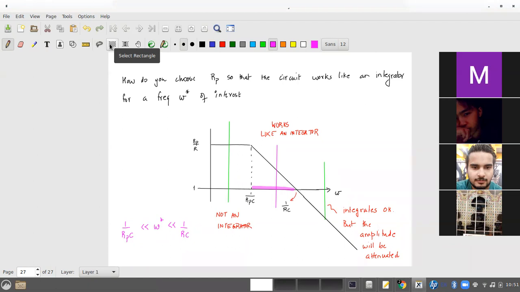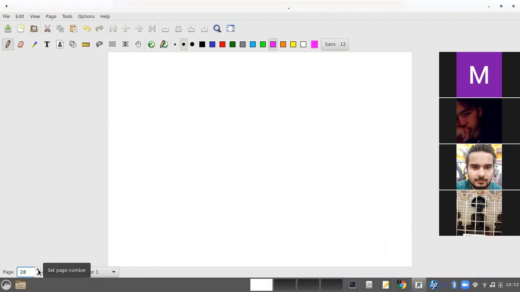Now there's an important question. If I'm only interested in a certain omega, then why do I need to worry about DC feedback? That is a question you might have in mind. The answer is that your op-amp, even though an ideal op-amp is supposed to be such that if I give a voltage V here and a V here, my output should be 0.